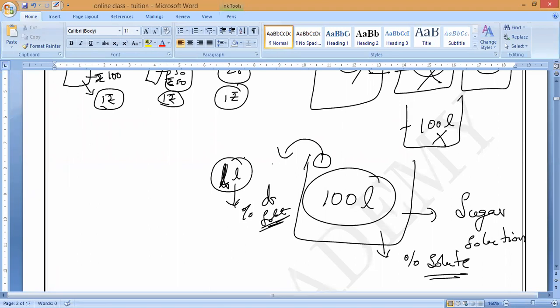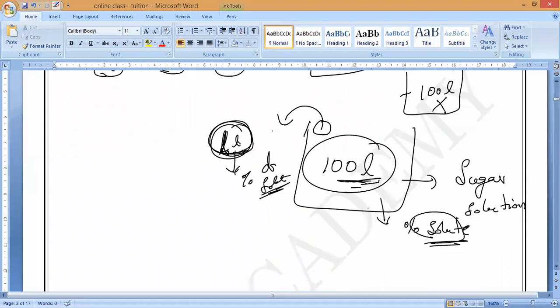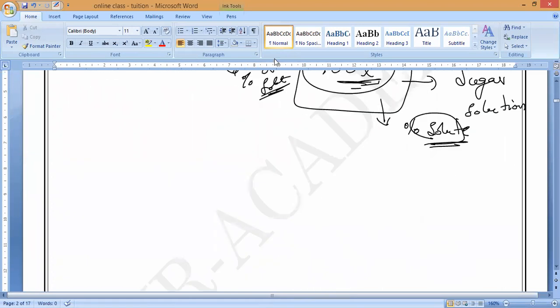Yes, sir. Because for 100 liters, some amount of solute will be there, but in that only I am taking 1 liter. Whatever the percentage in this given 1 liter is equal to the percentage of sugar in these 100 liters. Both are equal. Do you understand, all of you? Yes, sir. So we need not find the concentration for a very large amount. Always in physics or chemistry, whenever we are finding mass percentage or volume percentage, we will just consider, for example, mass.